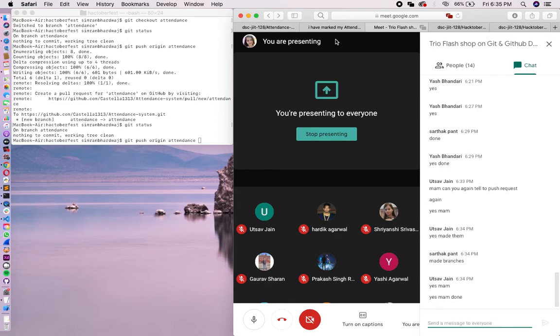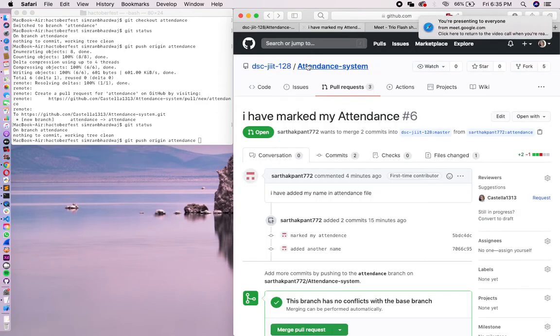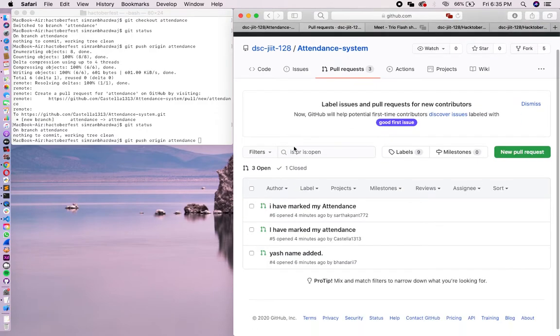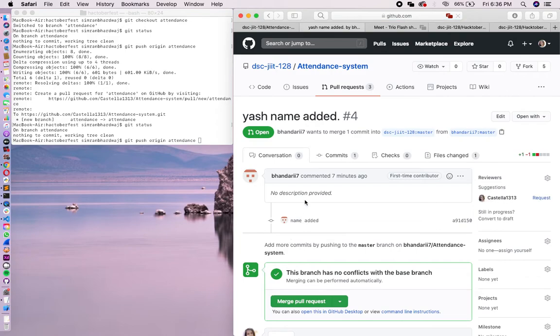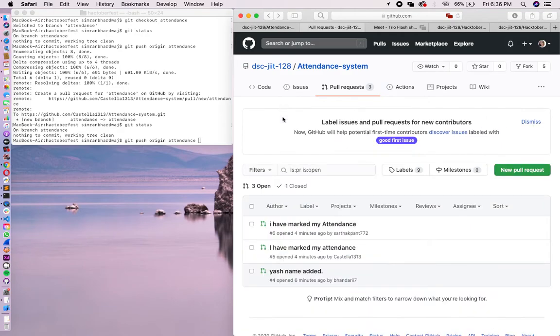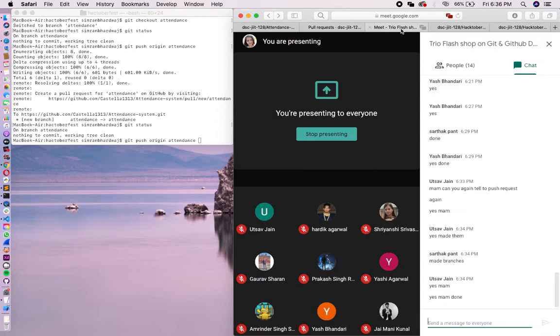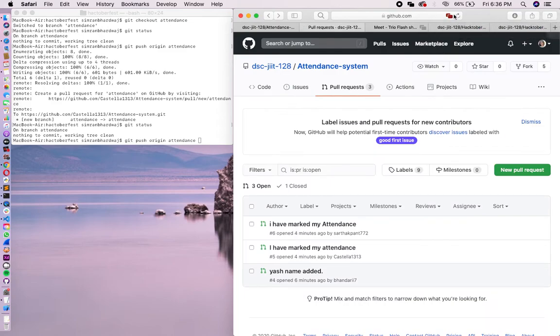Have you made the pull request? Just made the pull request. Let me see, are you done? Okay, so that will ensure that you guys now know how to create a pull request. And yes, I would suggest that you haven't added any comment, but it's okay. I just told you that it would be good to add a little introduction, a little description. Let me know when you are done creating the pull request.